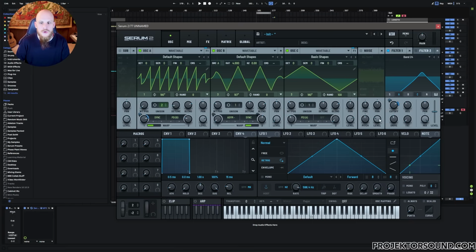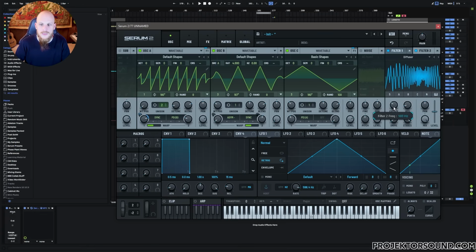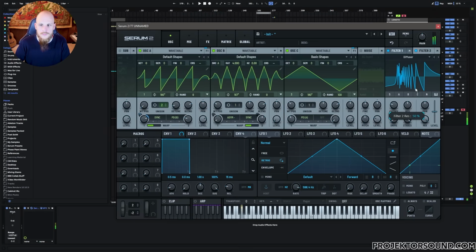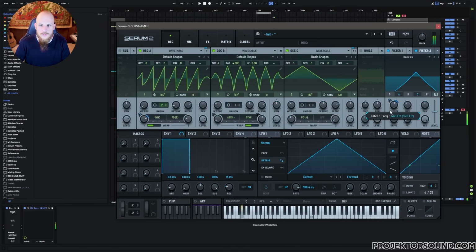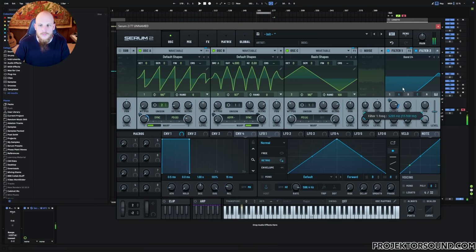Now, what I would like to show you here is how to turn that into maybe a little bit of a sequence. So what I'm going to do is include filter 2 by setting that to the diffuser, and then setting the stages all the way up and the filter cutoff a little bit lower. We have to, of course, make sure that this actually goes to filter 2. I was like, why is there no phase shift happening? But